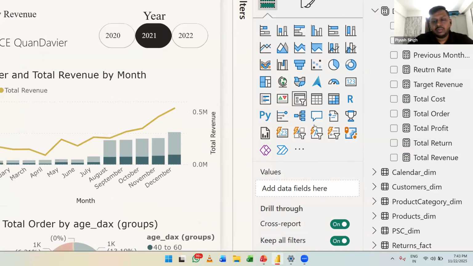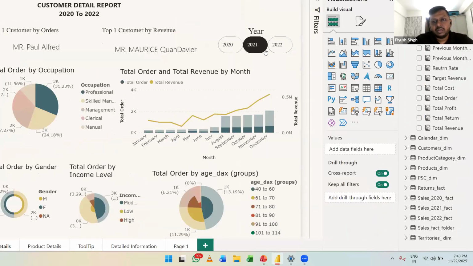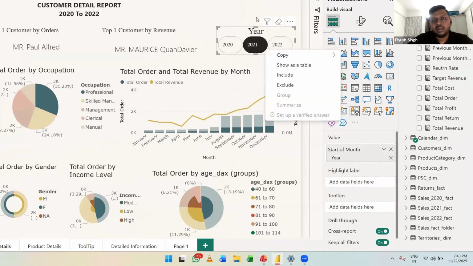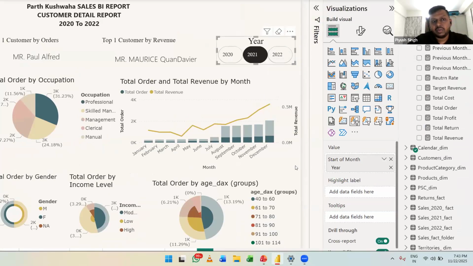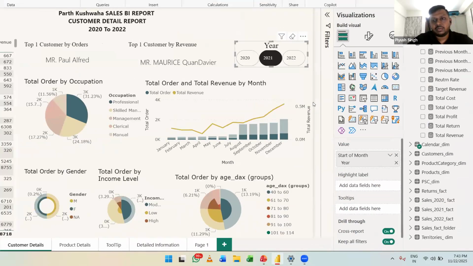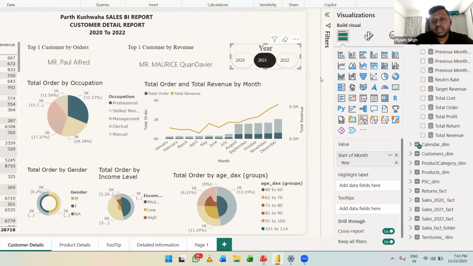And here you can choose whichever visual you need to use. There's one very simple thing: you can just click on a visual and put something on the x-axis and something on the y-axis. But there's a method to it also, right? You should know in depth when to use the line chart, the bar chart, clustered bar chart, or the column chart, when to use the pie chart, when to use the donut chart, how to do some drilling in the donut chart, and how the GOG chart can be very helpful.